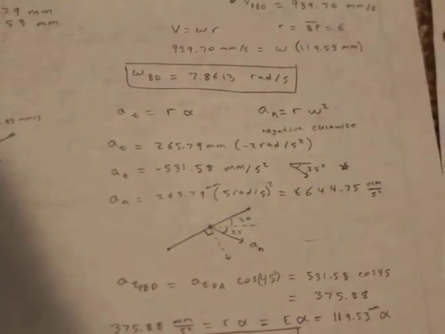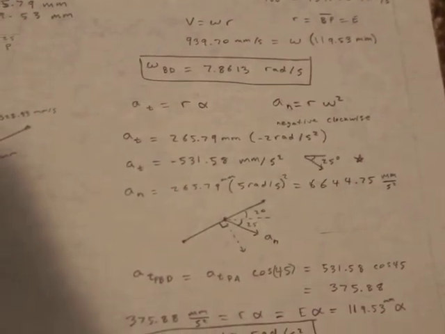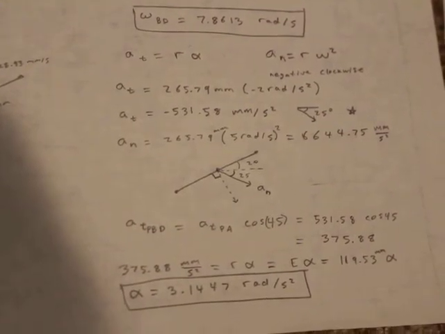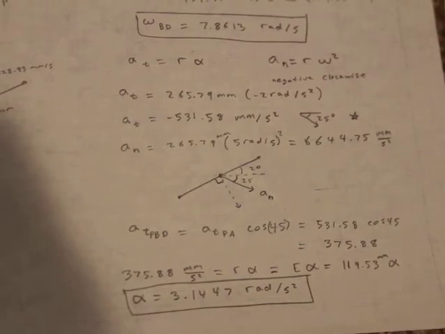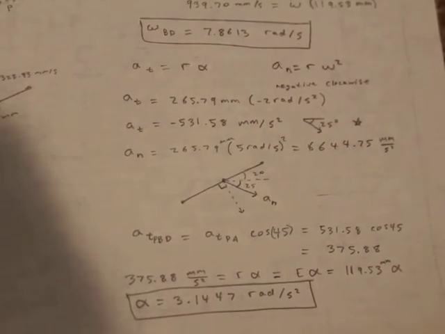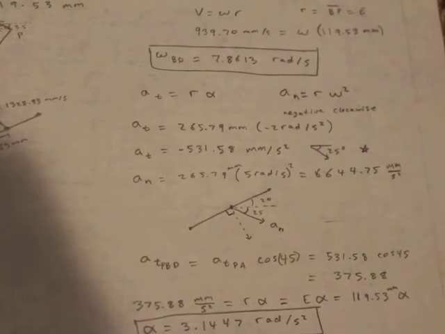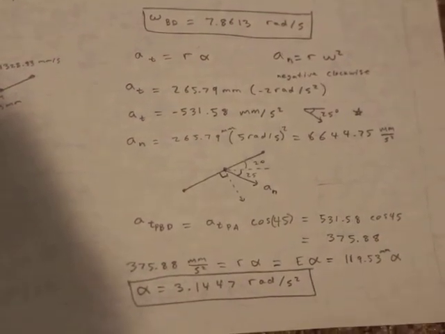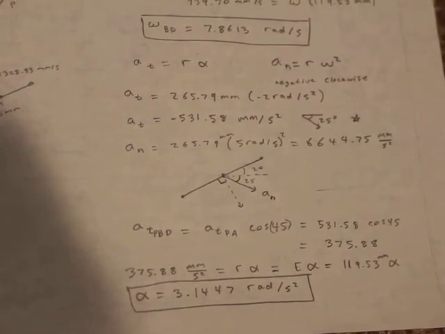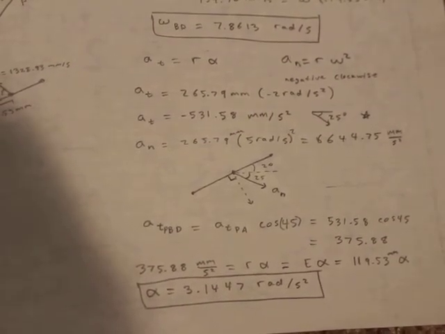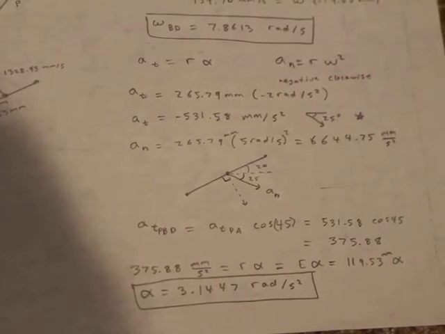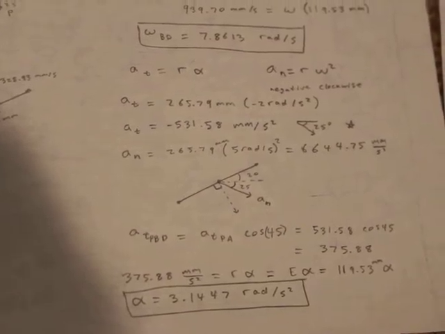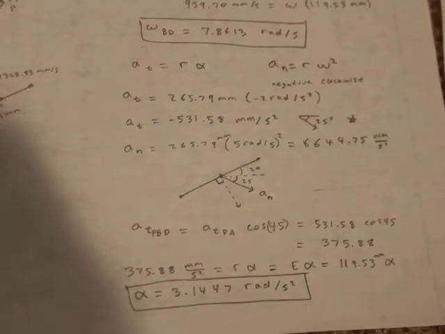angular acceleration of BD, go ahead and split up our accelerations. I guess I didn't end up needing to use the normal acceleration, so I just used the tangential acceleration. Basically did the same thing that I did with the tangential velocity, where I went ahead and found the tangential acceleration is 531.58 millimeters per second squared, 25 degrees in the southeast direction,